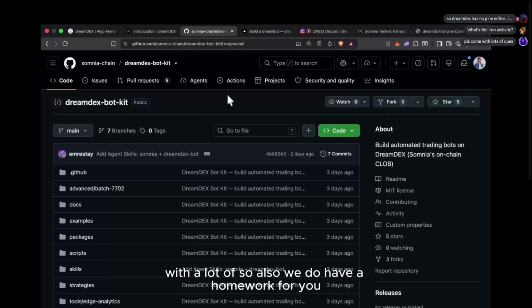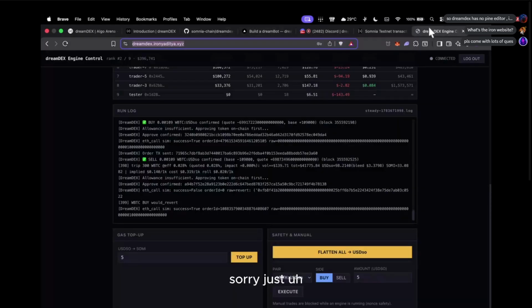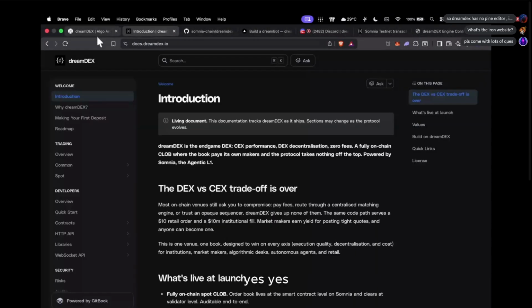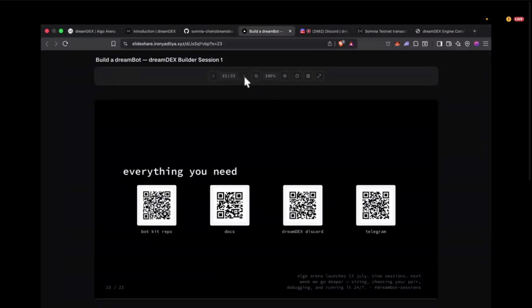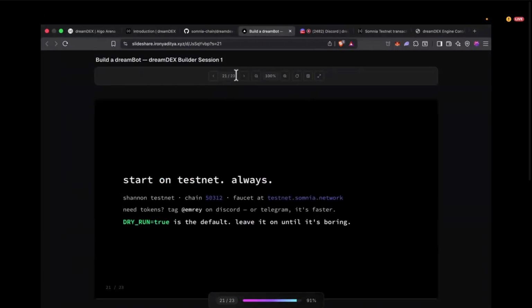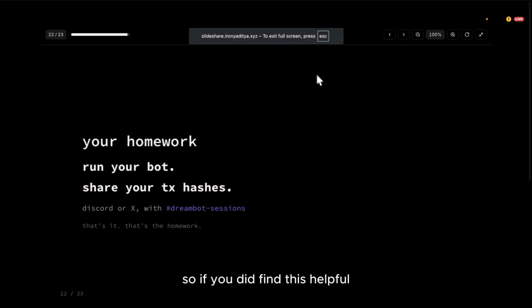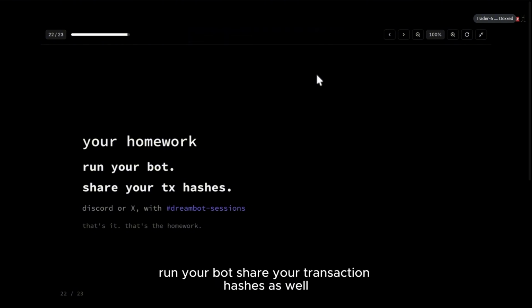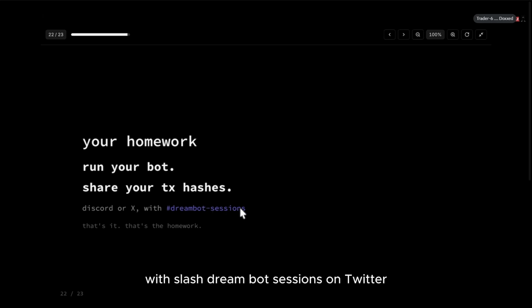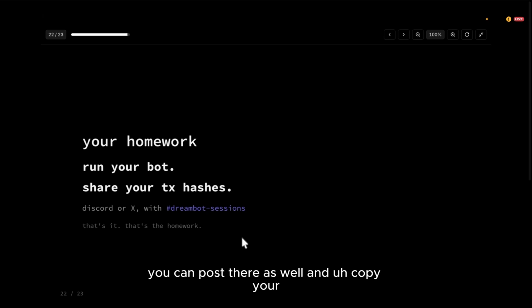Also, we do have a small homework for you. If you did find this helpful, and you're going to try this yourself, run your bot, share your transaction hashes with the dreambot sessions tag on Twitter, on Discord, even on LinkedIn you can post there as well.